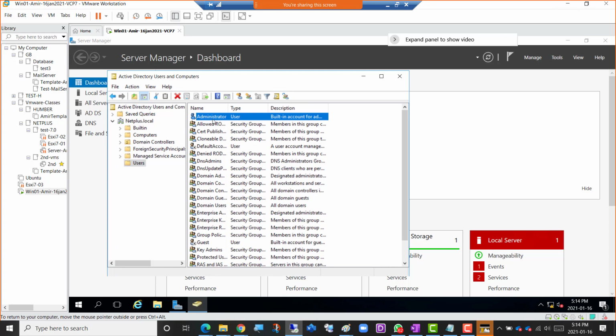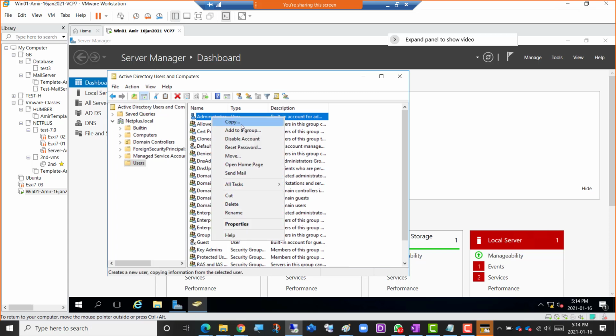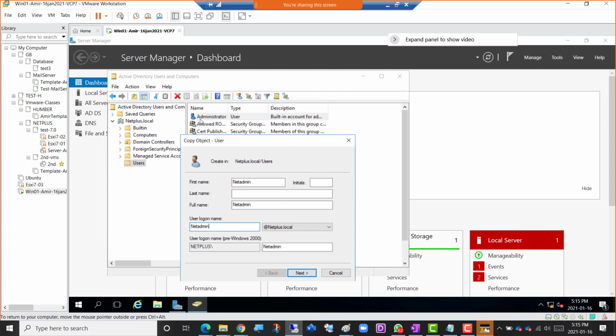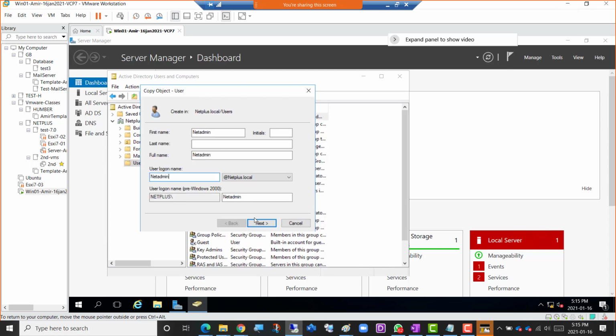So I'm going to select that, right click and copy, and create a new user account from this user account having all the privileges that this user has. So I'm going to right click here, and there's a copy. I'm going to click that copy here, and once I copy, we're going to go for netadmin, any name you want to give. Control A, Control C, I'll just put that as the user logon name, which will also update here. So netadmin is the account that has all the privileges that the domain administrator account or the enterprise administrator account has in Microsoft Windows. So I'll just go for next,